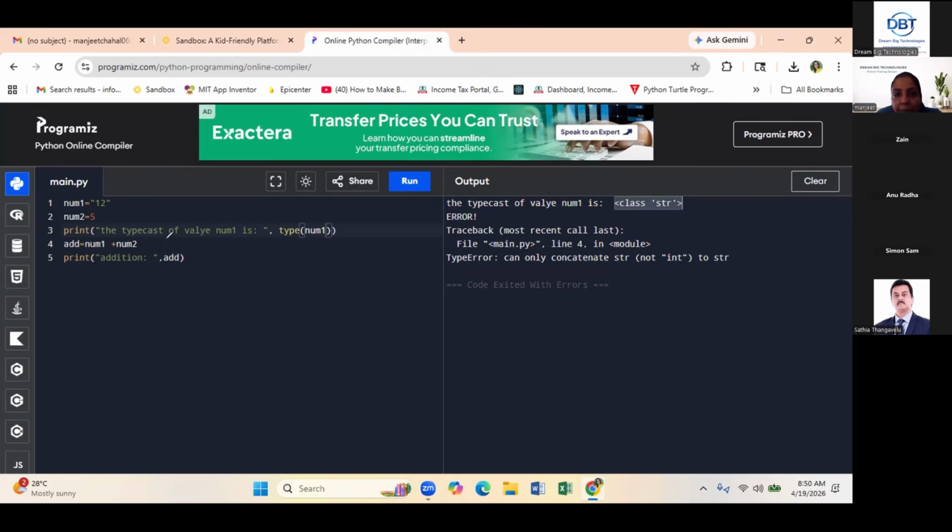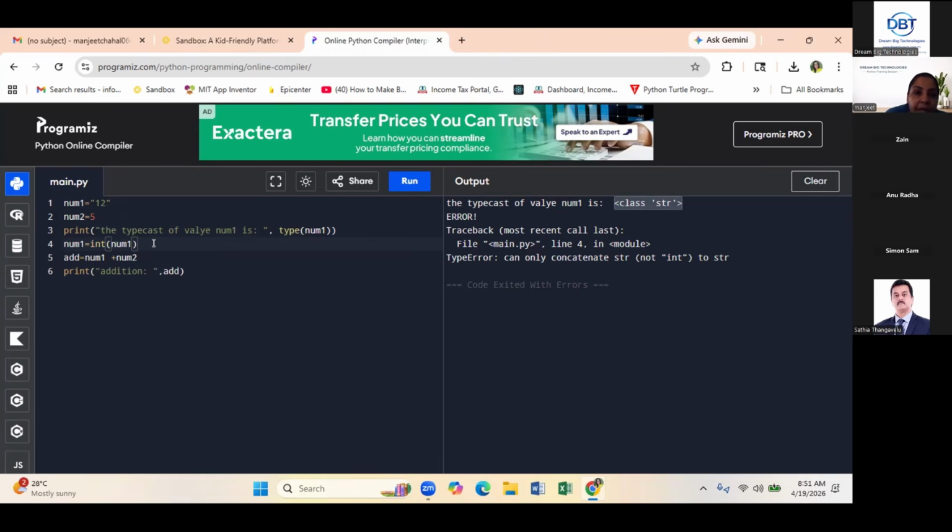So see, whatever I have done, I got the output of this one. But this one, I am still getting an error because one value is integer, another value is string. So we cannot perform any arithmetic operation on it. So now I am going to do the typecasting. I will change this number string. String is the lowest data type. So either you want to change to integer, you change to integer; you want to change to float, you change to float. I am changing to integer. So I am saying here num1 equal to int, and I'm passing the value num1.